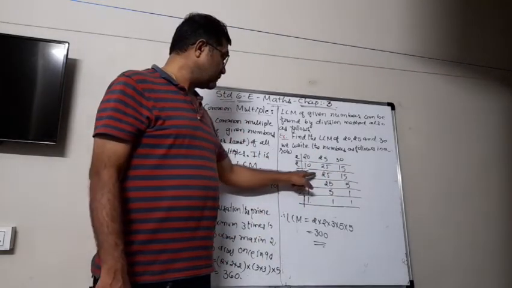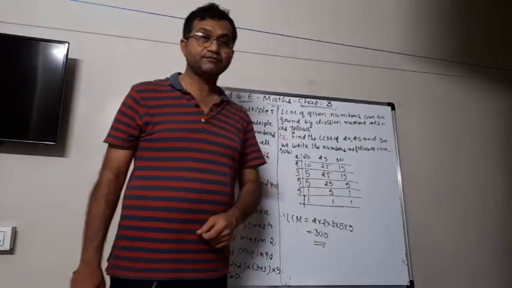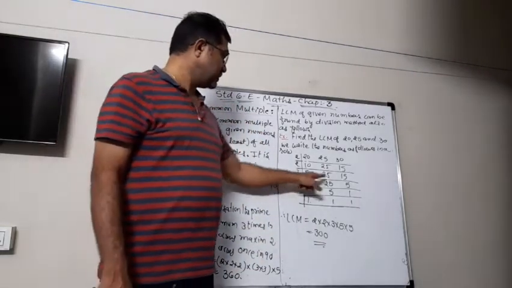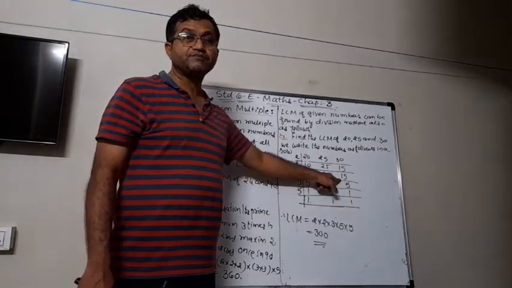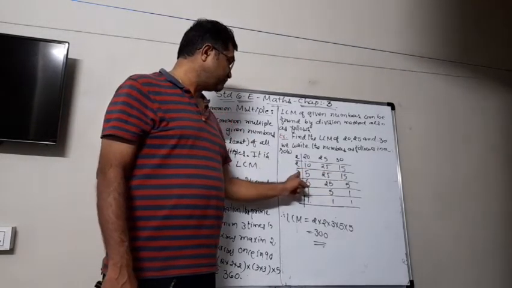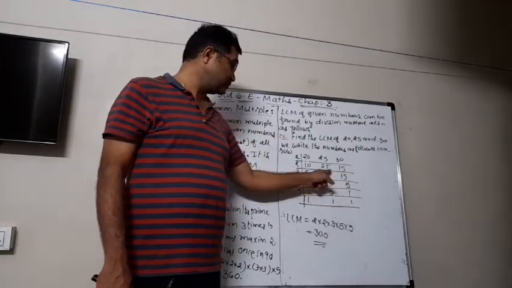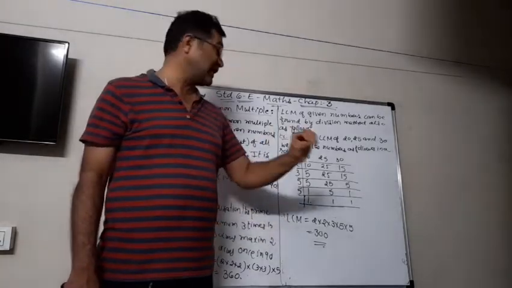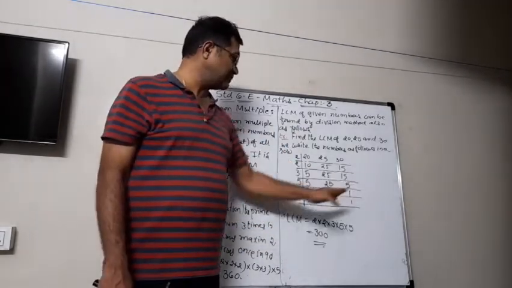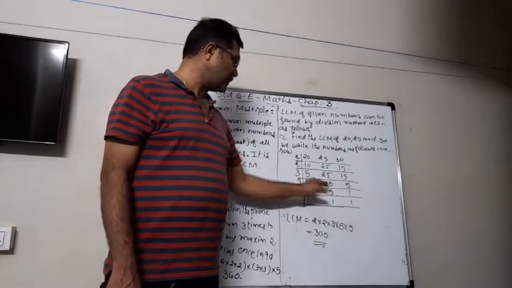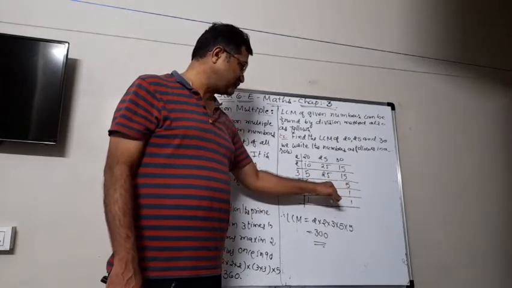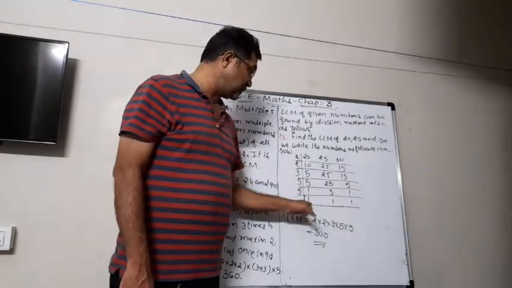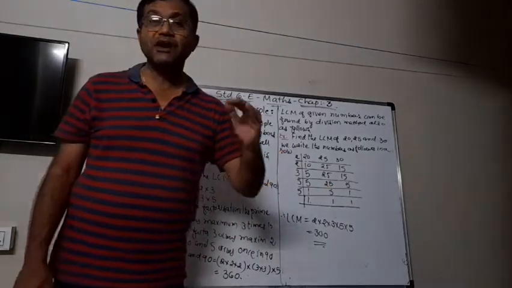Now the numbers are 5, 25 and 15. The next prime factor is 3. Check the divisibility: 15 is divisible by 3, and therefore we divide 15 by 3 and we get 5 here. But 25 and 5 are not divisible by 3, so we write them as it is. Then all are divisible by 5, so we get 1, 5 and 1. And again this 5 is divisible by 5, then it is 1, 1 and 1. So we have to continue until all get 1.